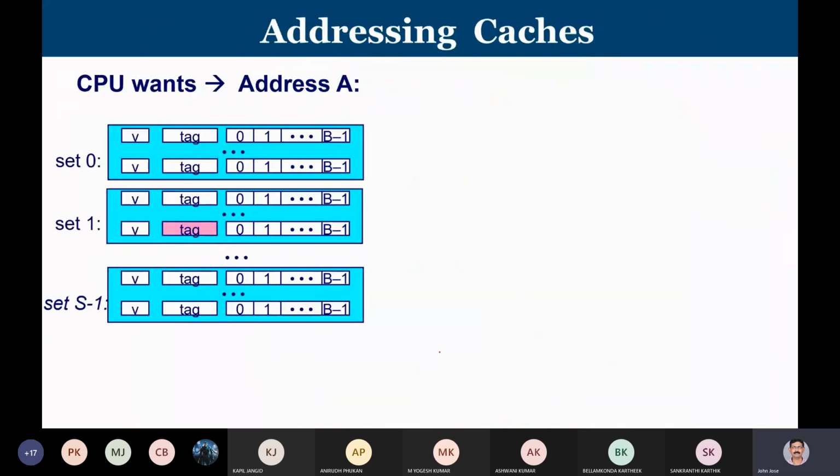Now how will the CPU know whether something is present in the cache or not? The cache is relatively very small when compared to the main memory. Whatever address the CPU generates, we call it address A. It is the address of the instruction or data. When it is present in main memory, we call it the physical address. Let us consider A as a physical address, which is nothing but the address in the main memory. So let us assume whatever the CPU is referring to is present in the main memory, and that address is known as the physical address, or A.